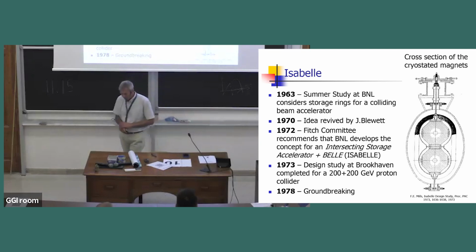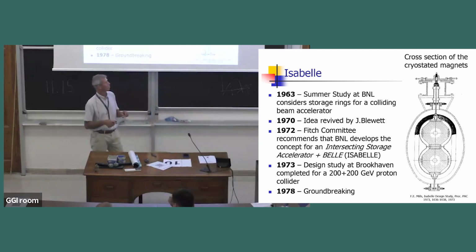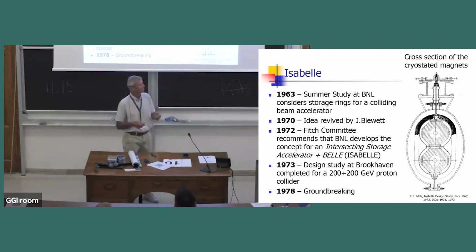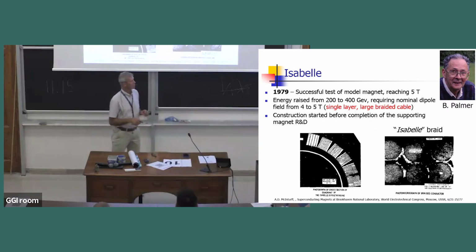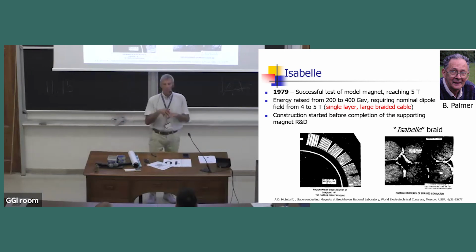Now, what was happening in the meantime at Brookhaven, where I said before there was the development of that cable, was that there was an accelerator in conceptual design, Isabel, eventually some R&D on magnets, and eventually groundbreaking in 1978 with a configuration that was foreseeing 2 magnets one on top of the other. The problem was that the braided cable devised and developed by Brookhaven was actually moving a lot. They had a lot of internal movements.